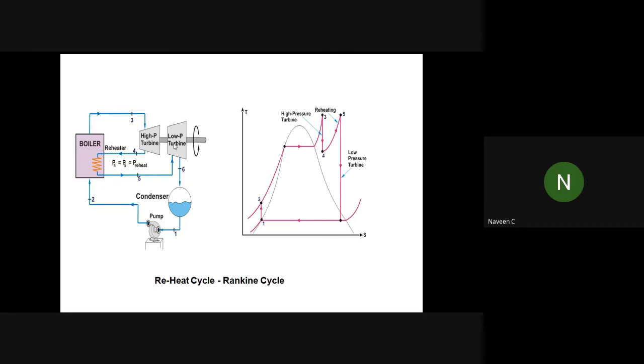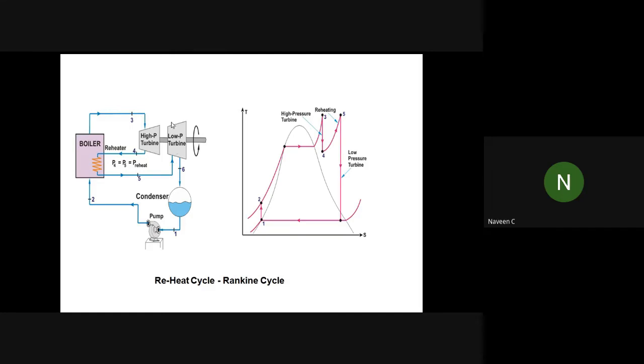High pressure turbine, low pressure turbine, and in some cases they will have an intermediate pressure turbine. So three stages will be there. Generally, traditional power plants, and now recent power plants, will have these three stages of turbine. So you can see that instead of having a single turbine, we'll have stages of turbine to extract maximum energy.